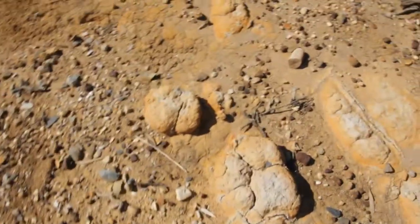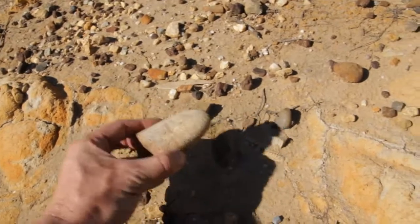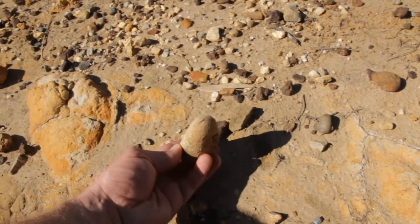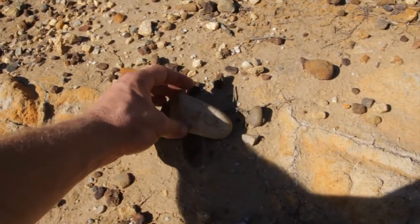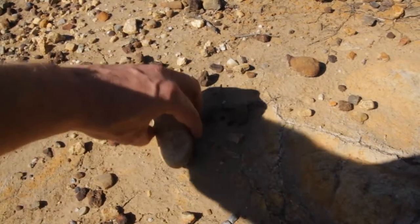And I'm pretty sure that most of the good tools, or the more recognizable ones, that appears to be a hammerstone. I think I'm going to show you how it was broken in half. Yeah, so that may have been a working hammerstone. But as I was saying,